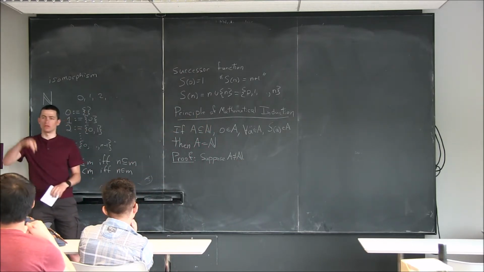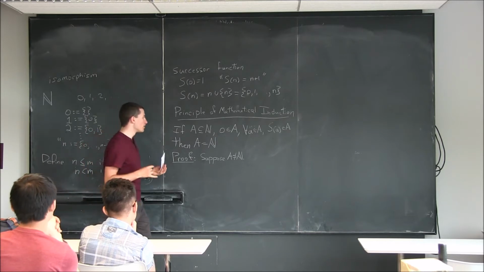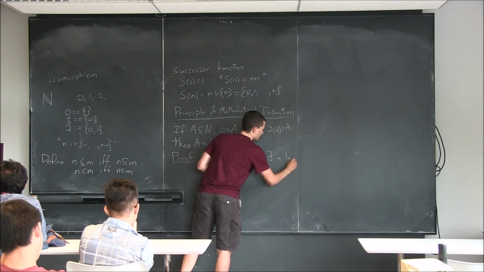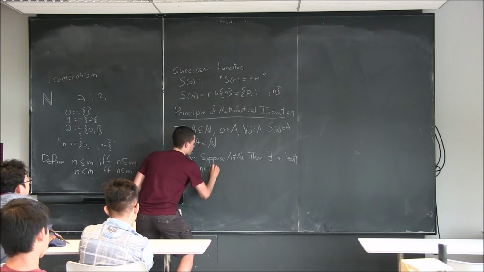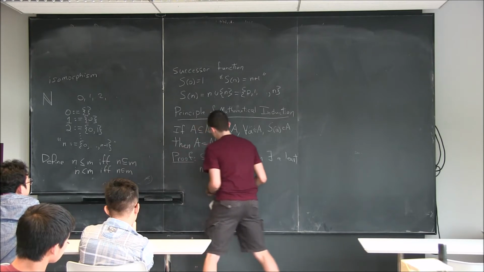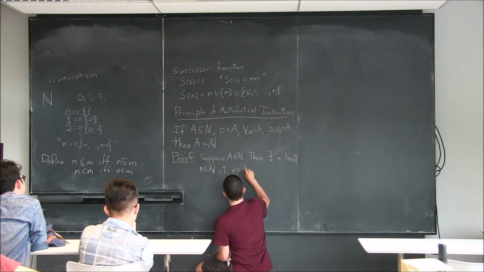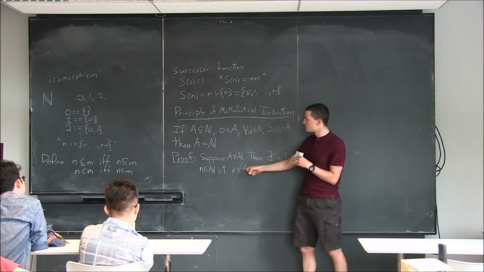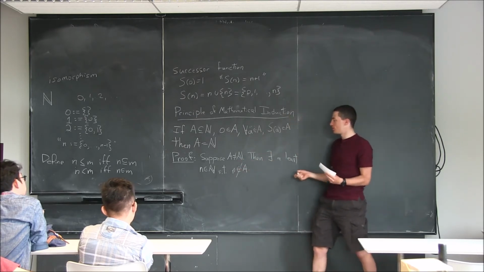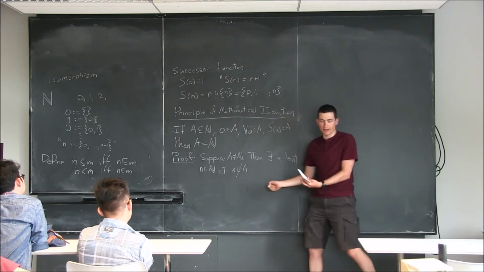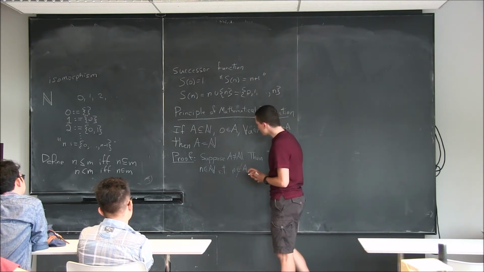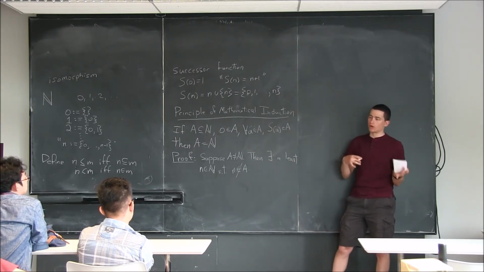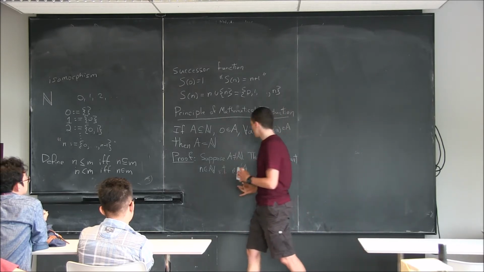Okay, so because N is well ordered, it's got this nice ordering property, we know that there exists a least n in the natural numbers such that n is not in A. Okay, so A is some subset of the natural numbers. Since we're assuming that A is not the whole thing, there must be some natural number in N, in the set of natural numbers, that's not in A. Okay, so now we're going to choose, so we don't know a priori that n is the successor of something, but we do know by the well-ordering of the natural numbers that there's a greatest